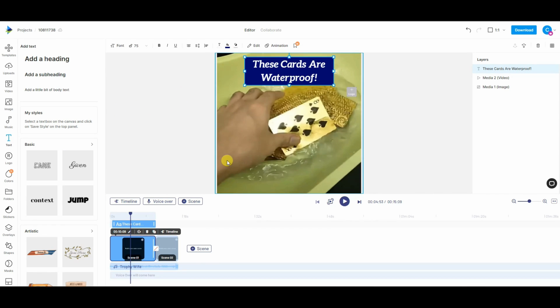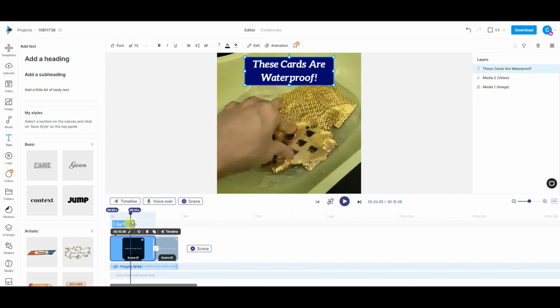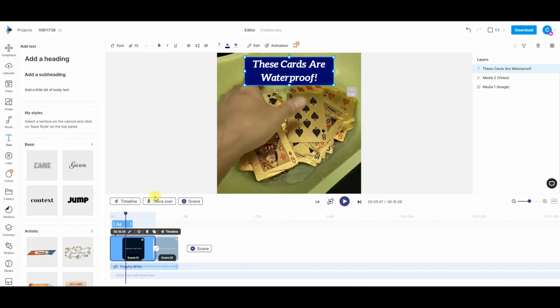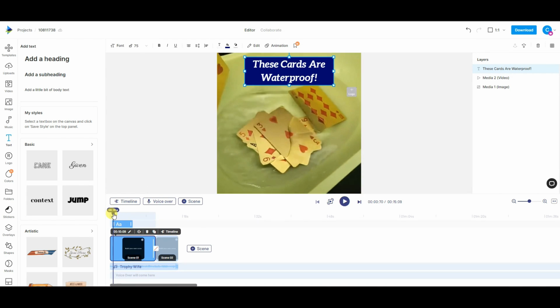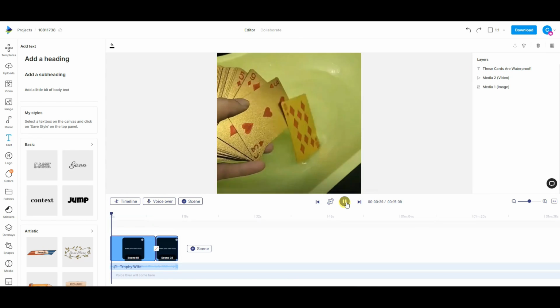Now we can come down here, and I'm going to make this a little bit shorter here. I want to be able to add in more text boxes, so I don't want that same text to last the whole time. We could have it last for, let's say, the first 5 seconds of the video here. So if we preview this real quick,